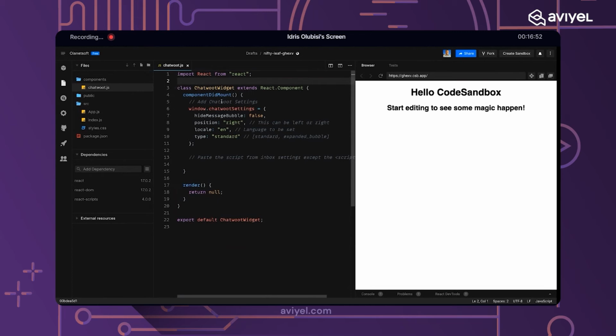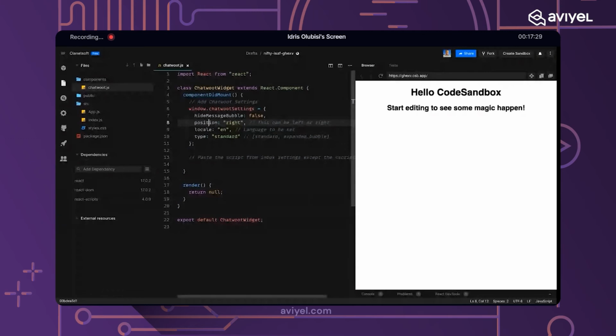Also, this is one other feature I would like us to point out. I think Kevin, three days ago, talked about somebody asking how you can configure Chatwoot to your local language. This is another place where you can specify what kind of language you want. As you can see, you can hide the message bubble if you wish, and you can also set up the position. So this window.chatwootSettings works directly for where your Chatwoot UI would be.